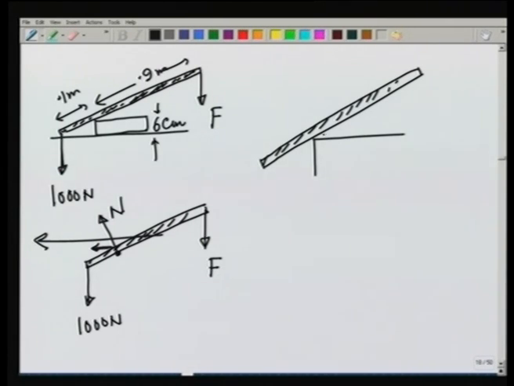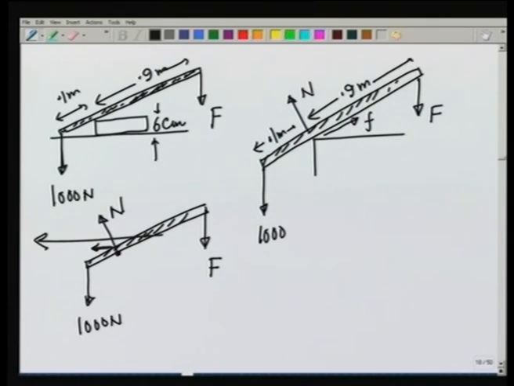So, let there be a frictional force in this direction F, let there be a normal reaction N, let there be the force that we are applying F vertically down, and let there be a force 1000 newtons here. This distance is 0.1 meter, this distance is 0.9 meters, and the friction is sufficient to prevent slipping. We want to know the value of F. How much force should I apply down in order to lift this weight of 1000 newtons? Again,